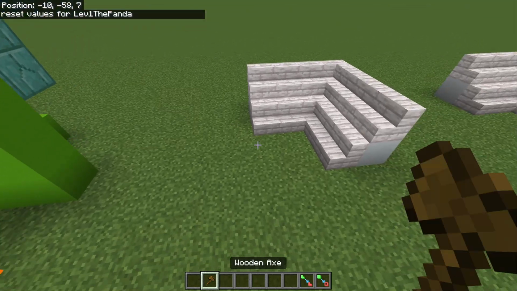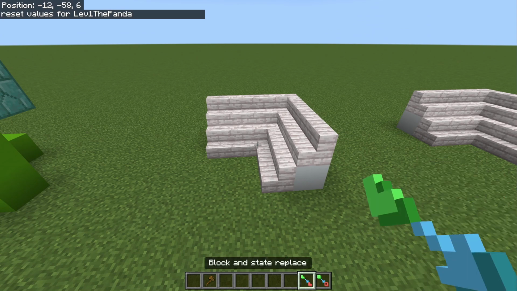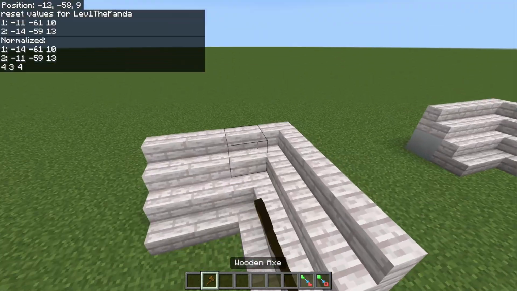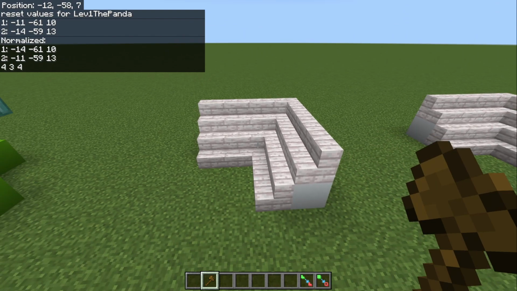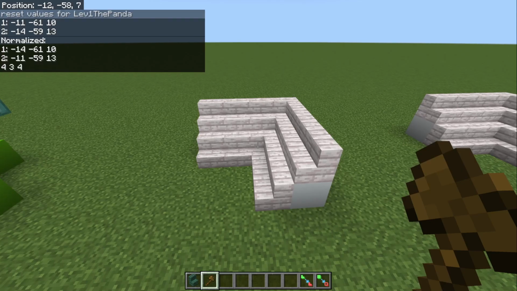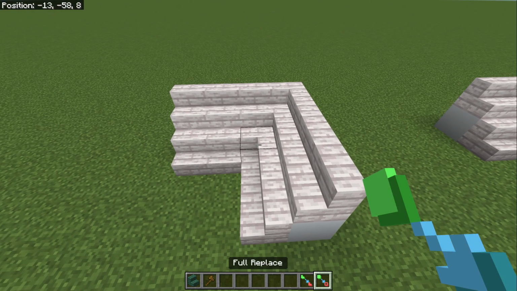Now, there are certain situations where a full replace isn't going to help you. So this is where you have your block and state replace. And let me demonstrate what I'm talking about. So let's select this area. You've got this roof. And let's say you don't want pale wood. You want, let's say, dark prismarine, right? So we'll put that in our first slot,